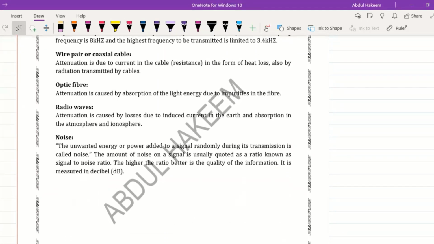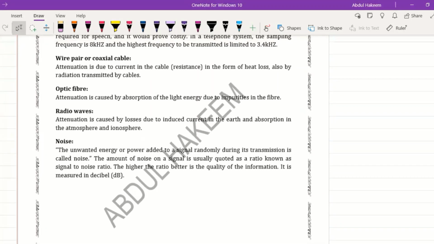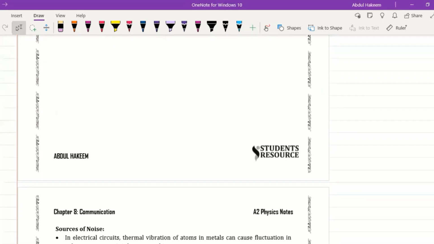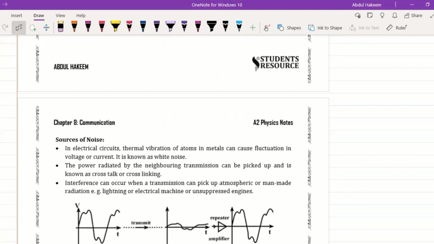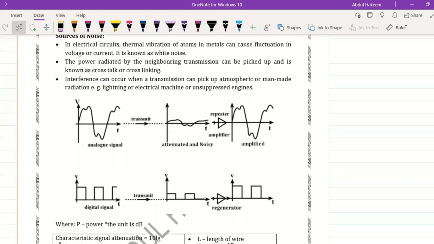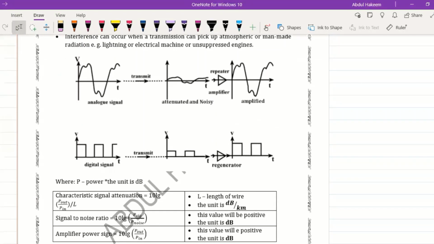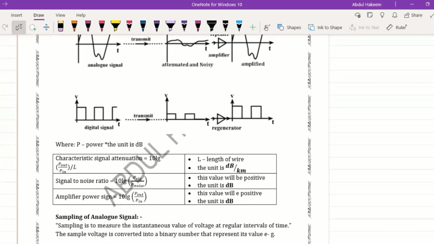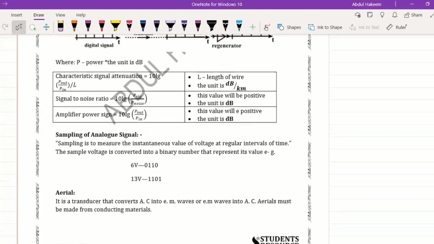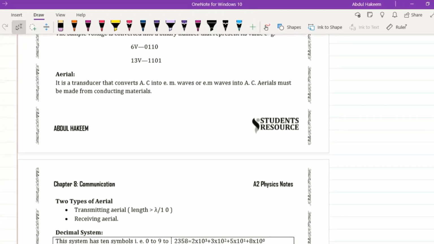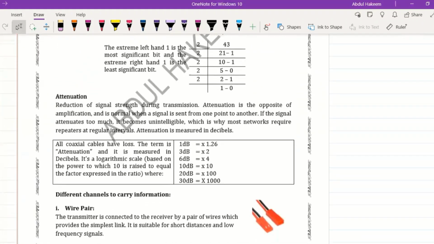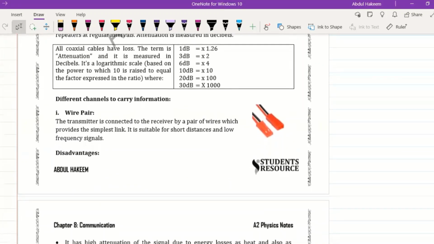So the channels of the communication, the first is wire pair, coaxial cable, radio, what is the noise, and the sources of the noise. Then attenuation of the signal, first analog, then digital, attenuation per unit length, and the gain formula. And the types of the aerial, binary system, how to convert the data number into binary number, and then wire pair